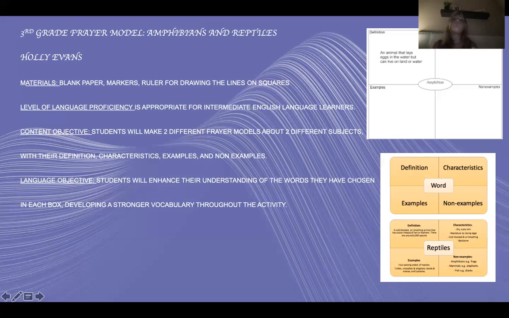So I think y'all probably have gotten the hang of how to use a Frayer model. It's very simple, not too complex at all. I think it's a great visual learning activity that really helps